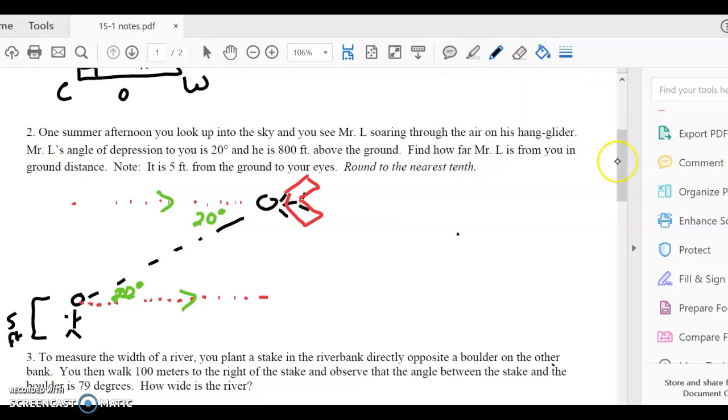So we're going to complete our triangle. You really can complete either triangle that you want, from Mr. L's perspective to you, or from your perspective to Mr. L. The key is that we have right angles. We know where the 20 degrees go. And basically, if we translate this 5 feet over here, we are trying to figure out x because we want to know